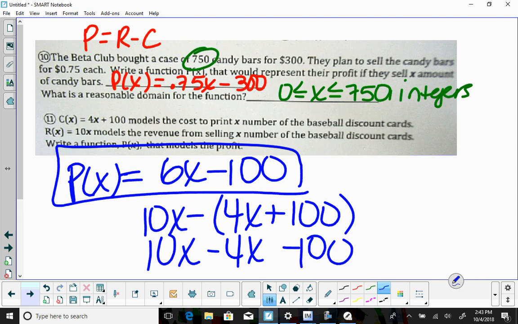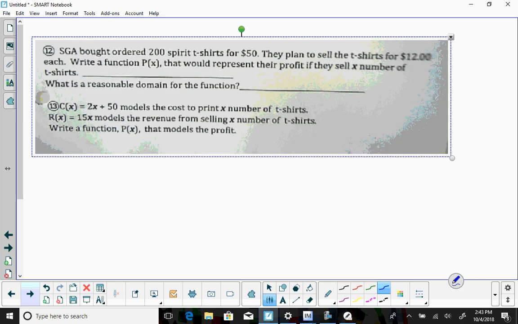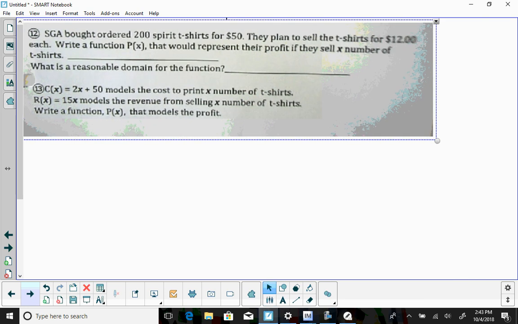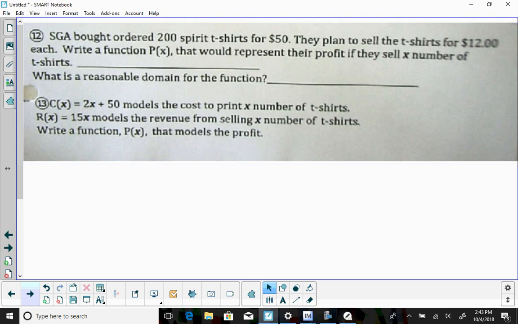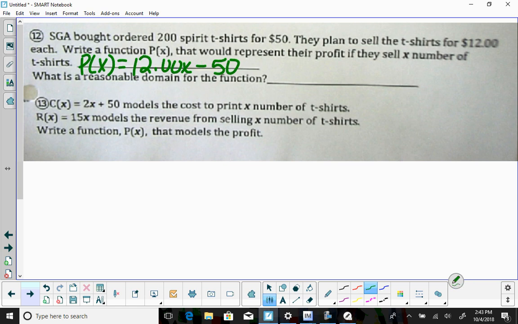Okay, so the last two here, same thing on number 12. Okay, they bought 200 shirts. That cost them $50. All right, they plan to sell them for $12 each. Okay, so our profit here is going to equal $12 per shirt minus the $50 it costs,